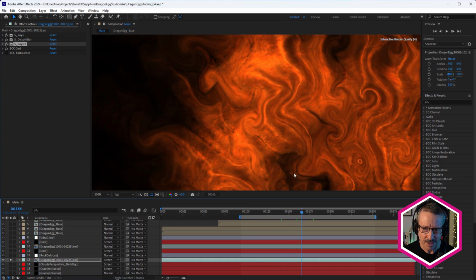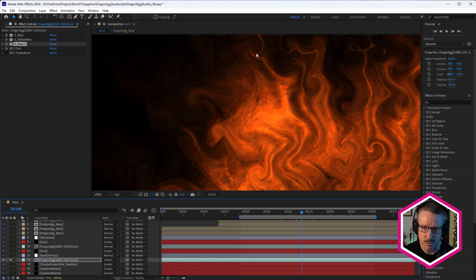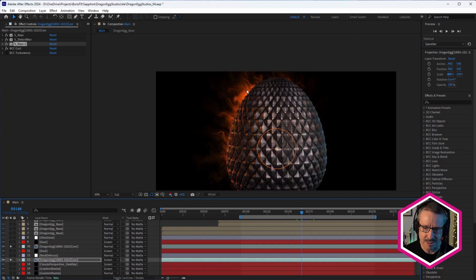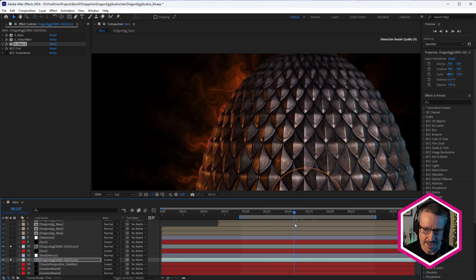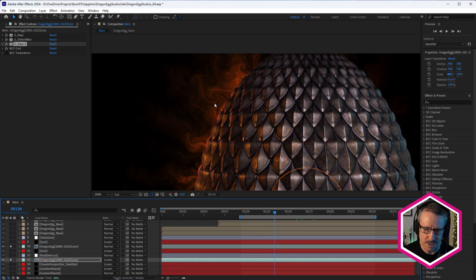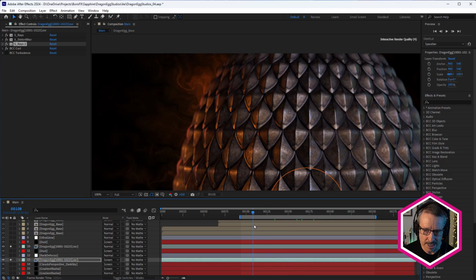And I thought this was really starting to look a little more like stylized fire. So let's just turn that egg back on. So we started to get that kind of look, right? As it pulls back, it looks a little more smoky, fiery. So curl really helped with this.